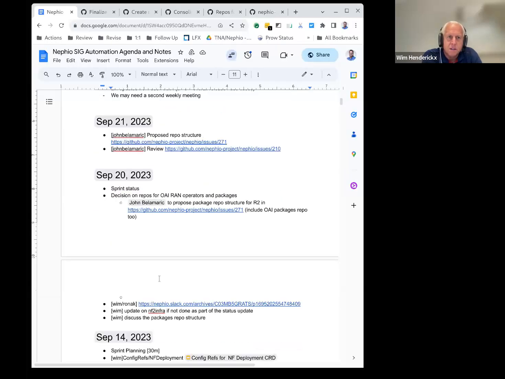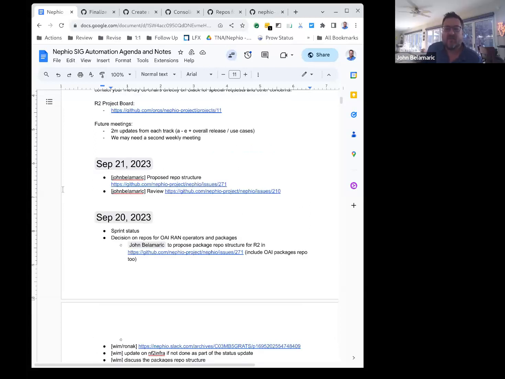And let me share my screen. After we talk about those items, if there are things that aren't on the agenda that people need to discuss, then we will jump into that. Yeah, I did not get my slot yesterday, so I could give an update on what we discussed on the NF2 infra so far. Oh, okay. Yeah, if we have time. Okay, well, hopefully we do.